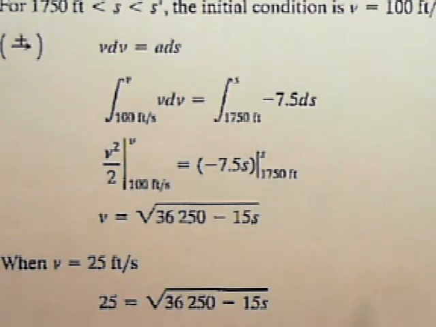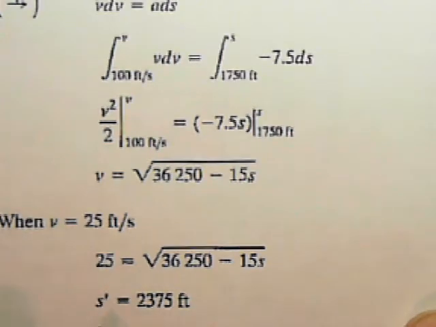Plugging in the limits and doing a little bit of rearranging, we get v is equal to the square root of 36,250 minus 15s. And so we suspect that we do reach the slower speed of 25 feet per second in this region. So we'll plug in 25 feet per second right here and solve for the value of s that makes that true. The value of s that makes that true is 2375 feet,